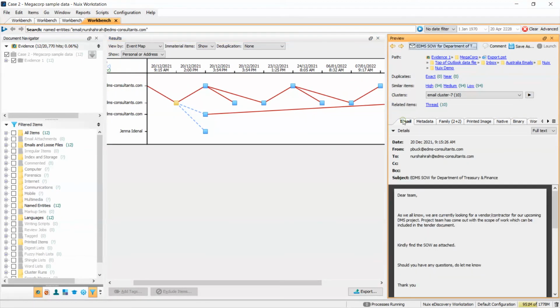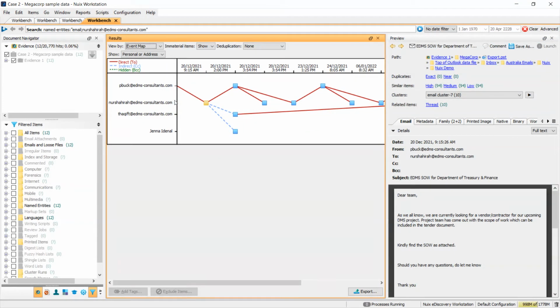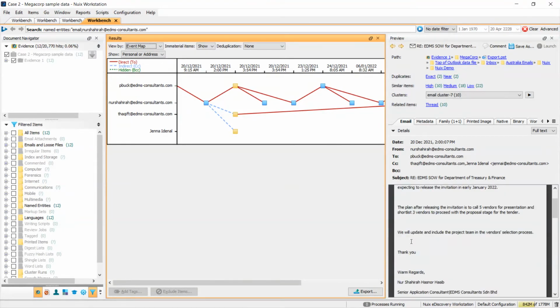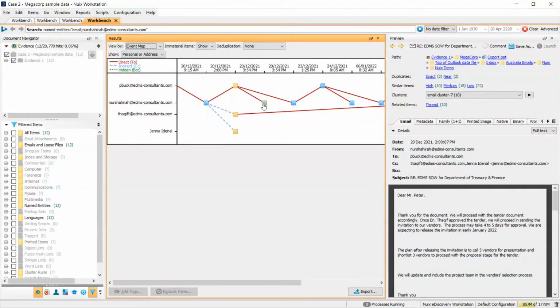If we go back to email, you can see here Peter Buck sending to everyone. This is CC, right? "We are currently looking for vendors," and so on. And the second dot here: "Dear Mr. Peter, thank you for the document. We will proceed with the tender document." All right, so nothing really suspicious. Then Peter Buck sending an email